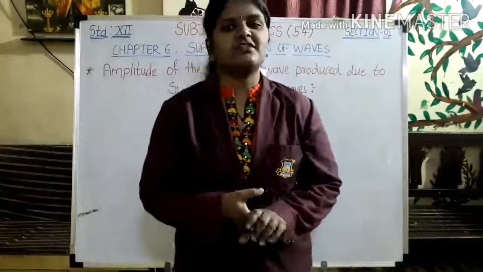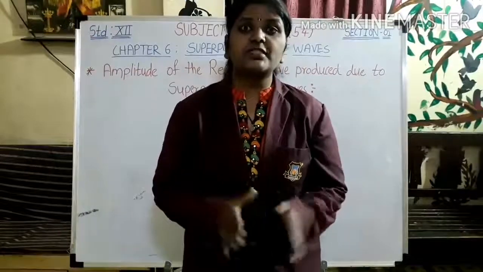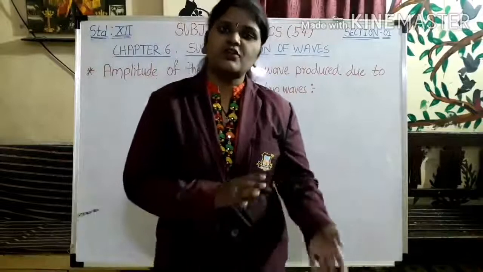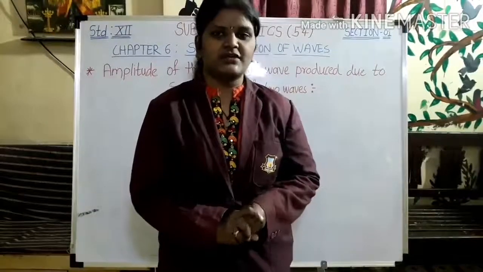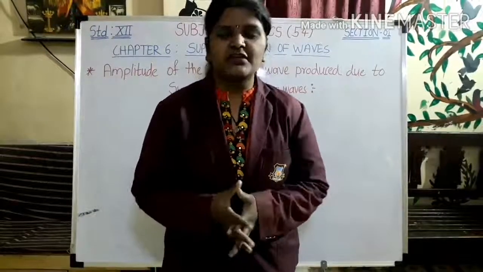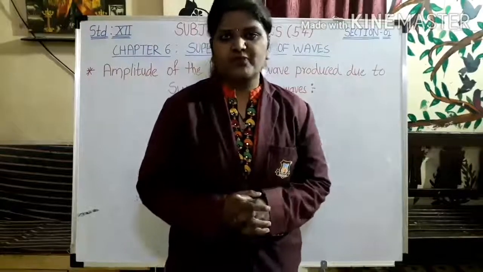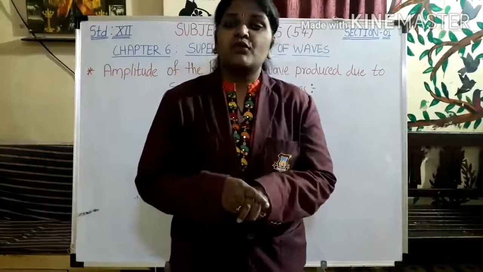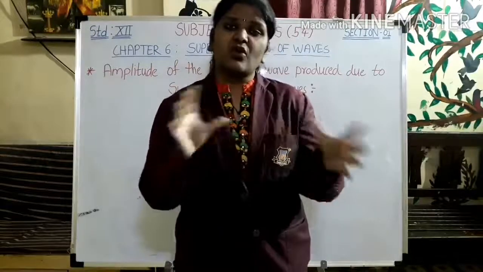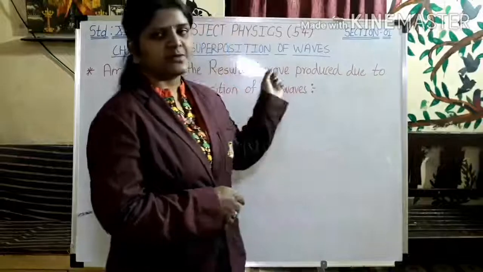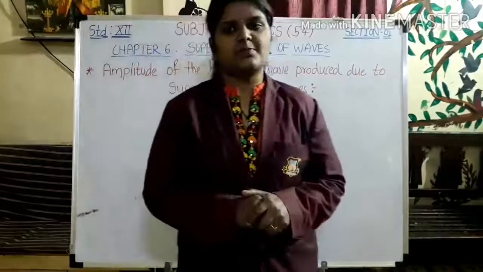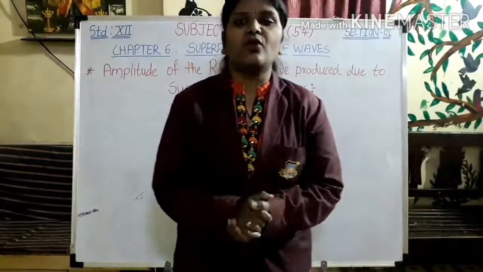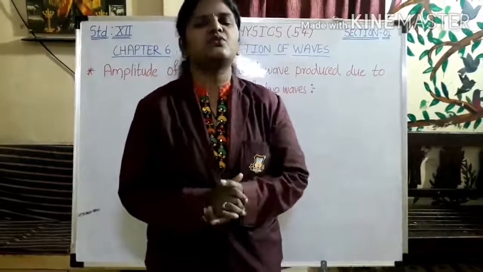We have already studied two parts in which we have covered the main topic, which is superposition of waves. In yesterday's part we studied about superposition. What was that? When two or more waves interfere or interact with each other, what happens to their displacement? This has all been given by the superposition principle. That displacement is actually the vector sum of the displacements of the individual waves.